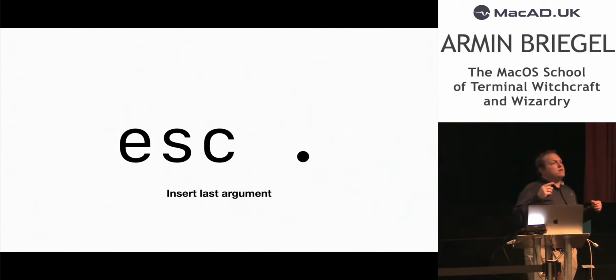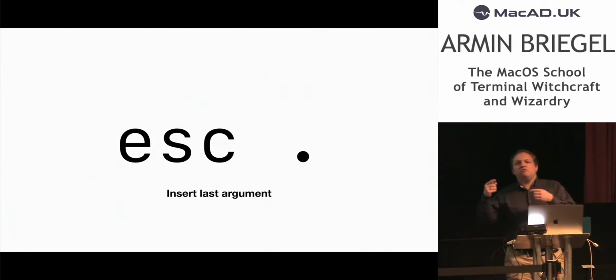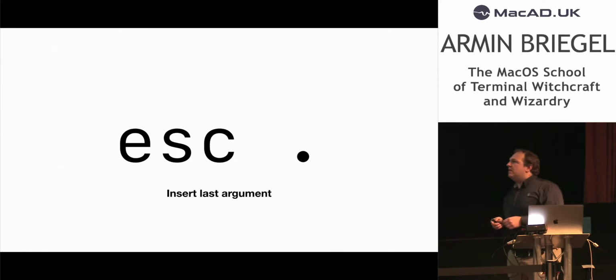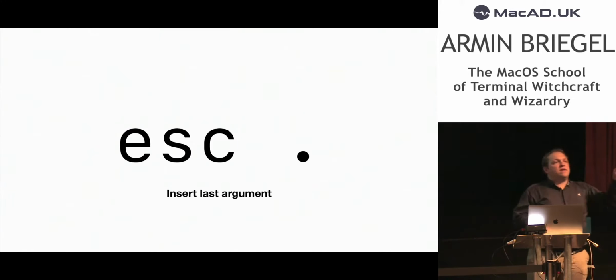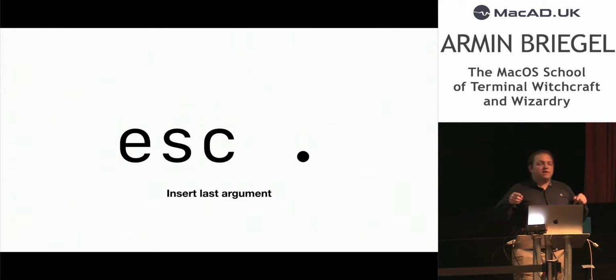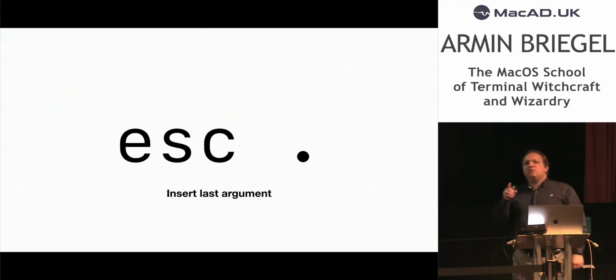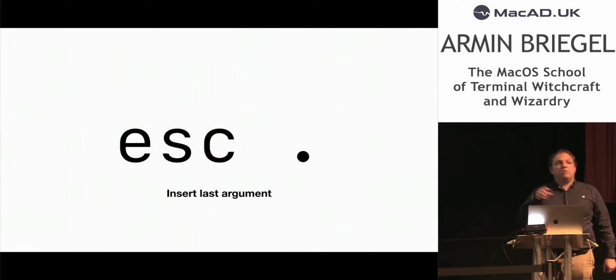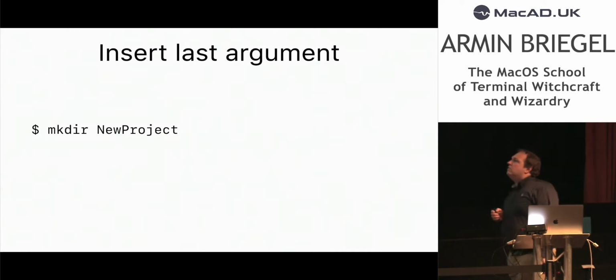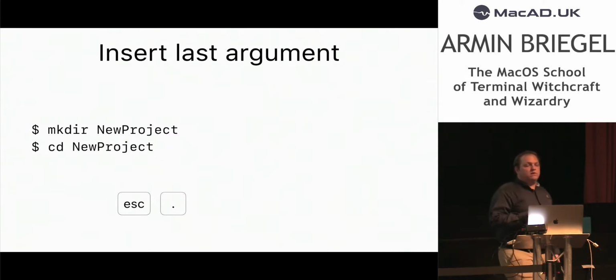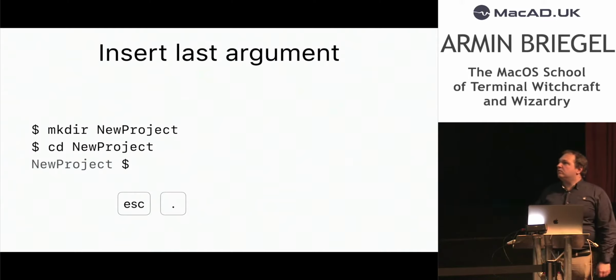If that makes you uncomfortable because you're running something and you don't really know what it is, if you lose track of what the bang dollar is, there's another keystroke, and this is the escape key and then period, not simultaneously. First escape, then period. It also works on the Touch Bar MacBook Pros, and that will insert the last argument of the previous command. And the advantage is you see what you're doing before you hit return, and you can modify it before you hit return. So both are useful. Escape, then period, insert the last argument, and then you hit return or whatever you want to do.